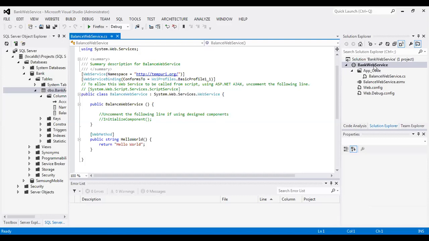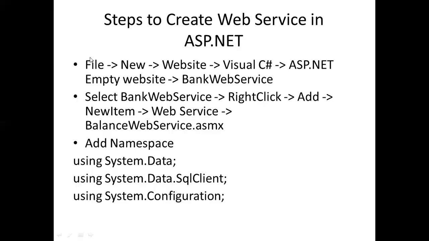So it's a SOAP based web service. So we have seen these are the steps. The next thing is adding namespaces. So three namespaces we have to add.